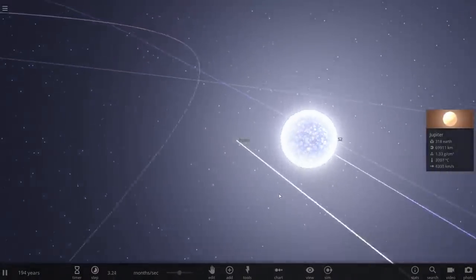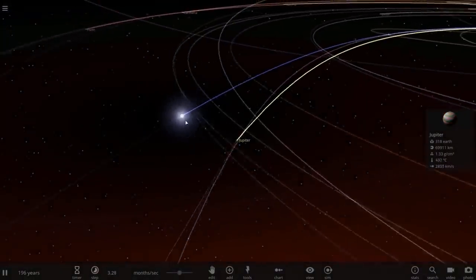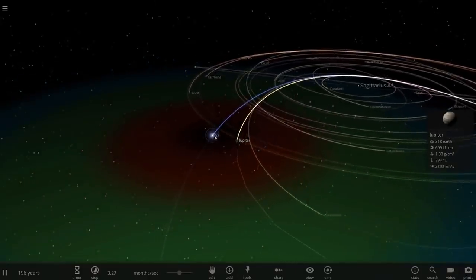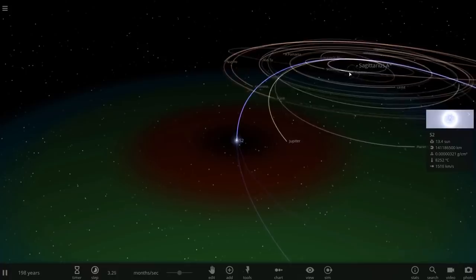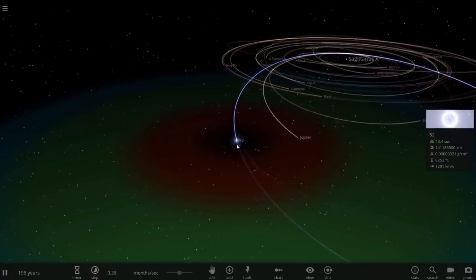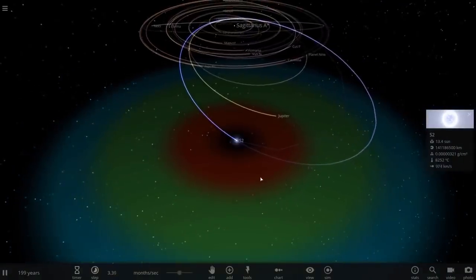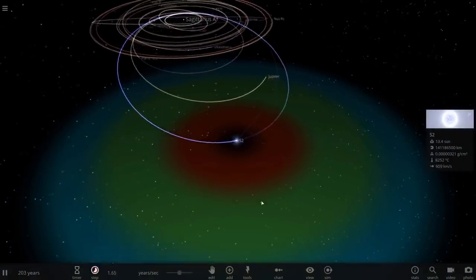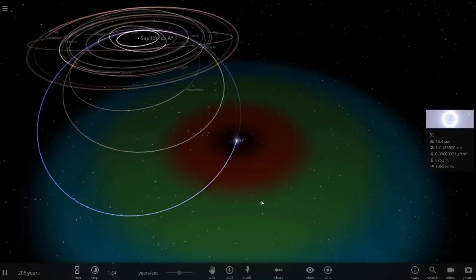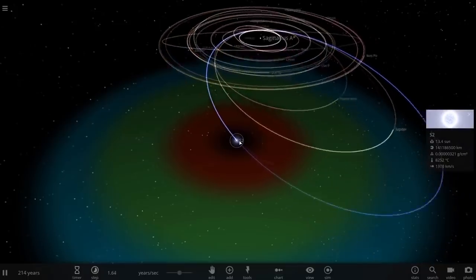And so let's see if this survives. Oh no, look at that. Jupiter also got captured by Sagittarius A Star. Every time it passes close to it, the heliosphere decreases so much that it pretty much loses most of the planets. So this suggests that it's very, very unlikely there are any habitable worlds around Sagittarius A Star,